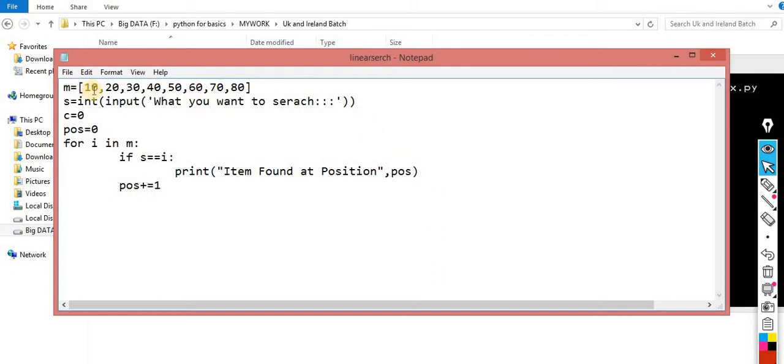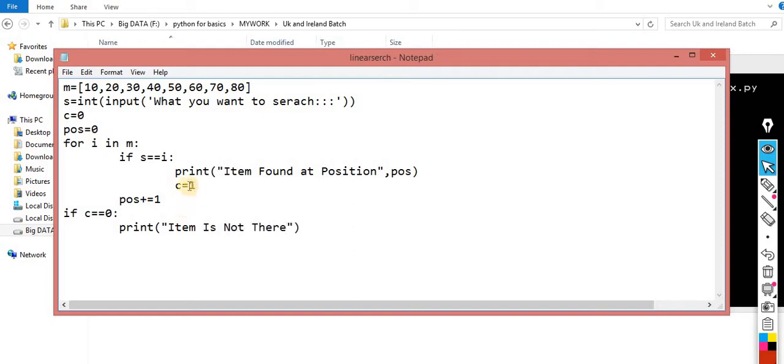Let's suppose the cursor is over here. When this loop is executed, it will check this value, and if this is true, then C is equal to 1. Now, if C double equals 0, then print item is not there.